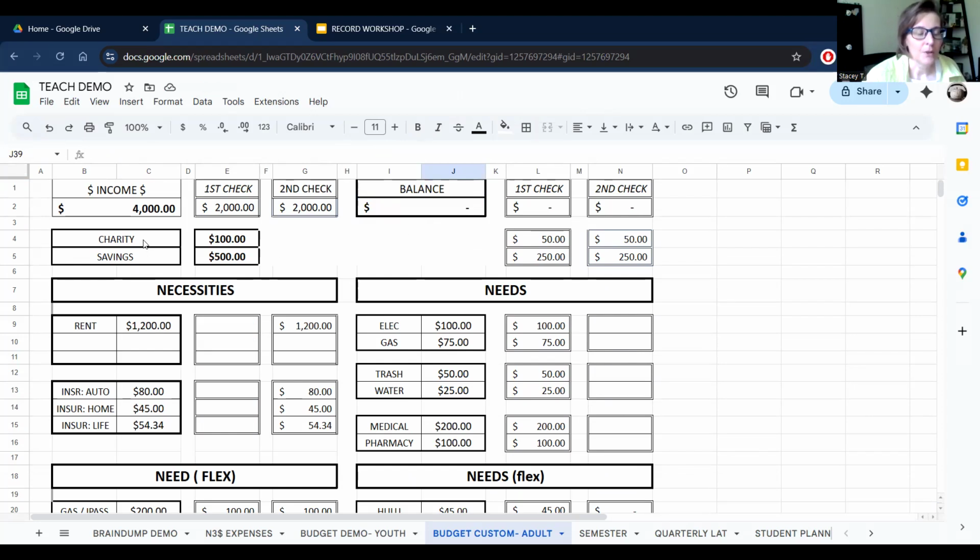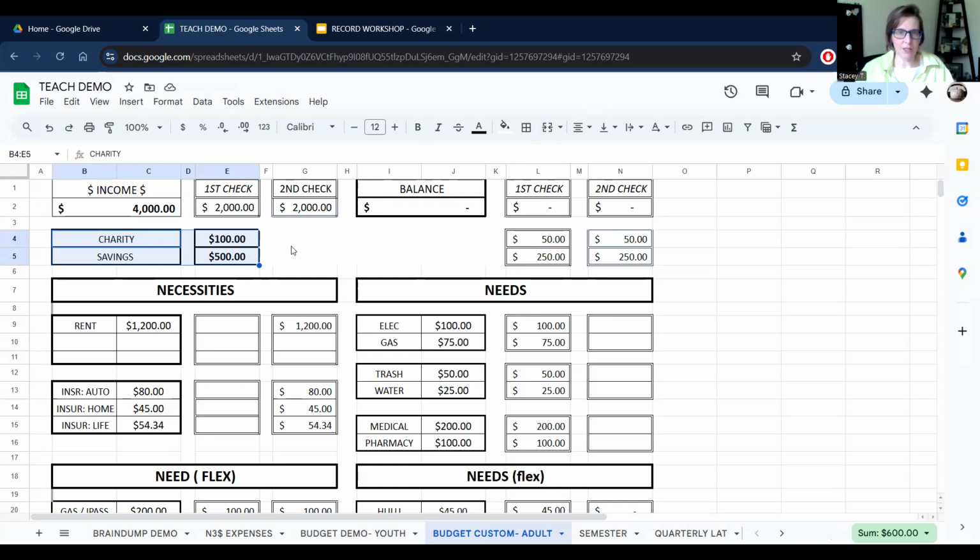So the first couple of things you're going to put at the very, very top is charity, for those of you that pay tithing in your churches. It may not be the same, you may not be on that 10%. You may just be, when you can, you give to charity, and then savings.